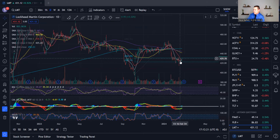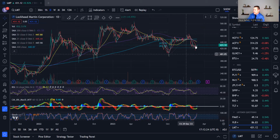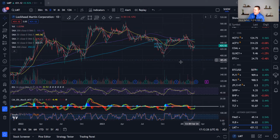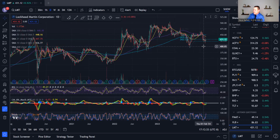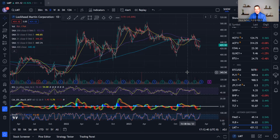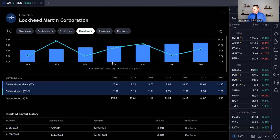I mean, it is hitting in a messy Fibonacci right here. That part I don't like. It's just kind of filthy. It's dirty. Maybe a limit order down here around 400 or so, but this is, I believe, one of those companies like Coca-Cola. You just kind of have it for the dividends. Let me pull up the dividends for you so that you can see. So here's the dividend,